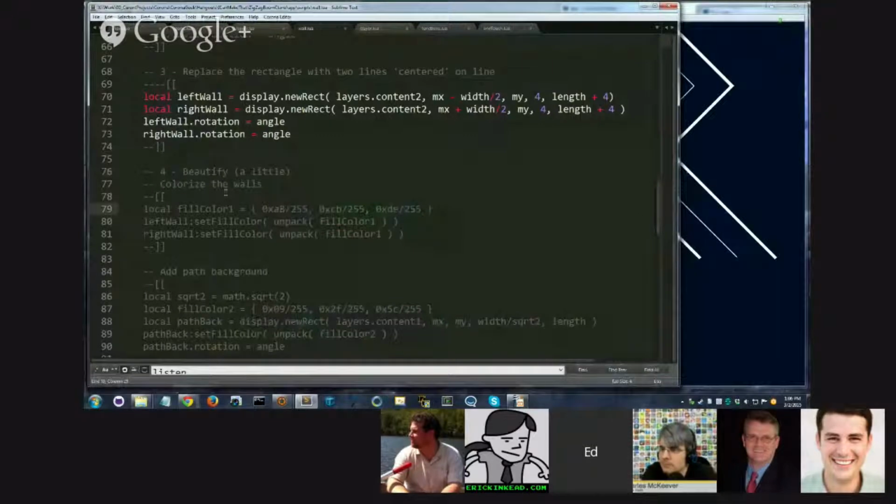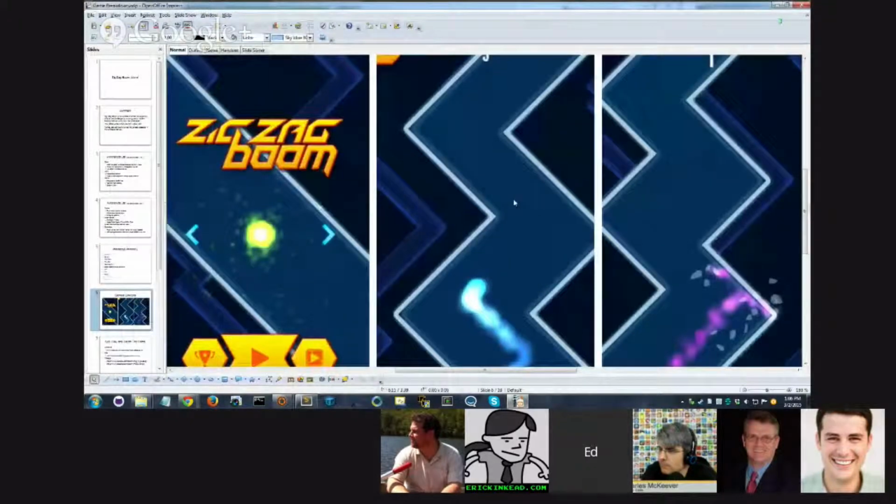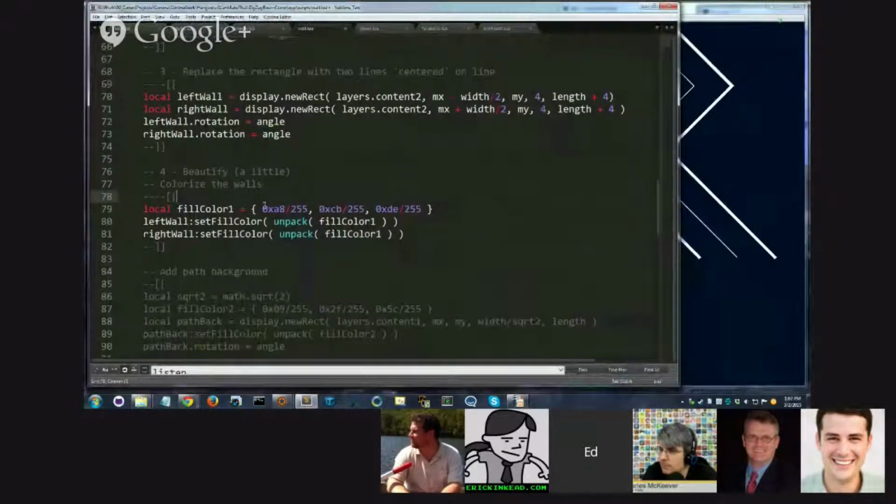So let's do that. The way we do that is I basically took a screenshot of this into my, I don't have Photoshop, but you could take it into Photoshop. I did a grab, and I said, what is that color? What is this color? What is this color? And I pulled the color codes out, the hex color codes. So the hex color code that I pulled out for the hallway edges, the walls, was